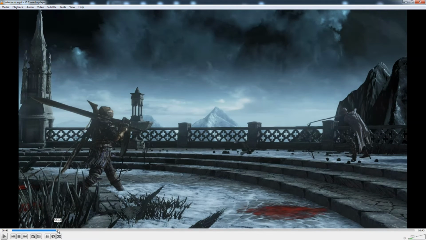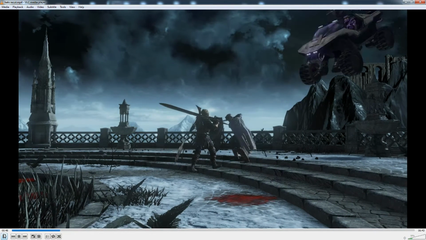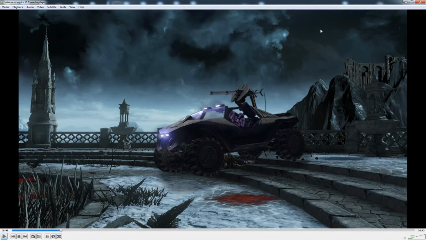So this effect right here is one of my favorites I've ever done. It's not even that complicated. And it won't play because this file is 11 gigabytes and it's on an external USB drive. Oh, that's good. All right, we're going to have to do something about that. So all this effect is